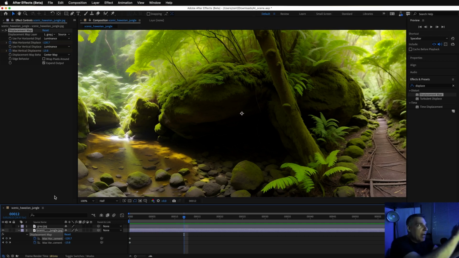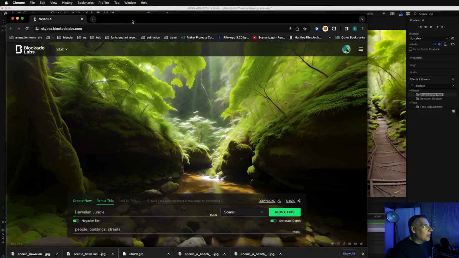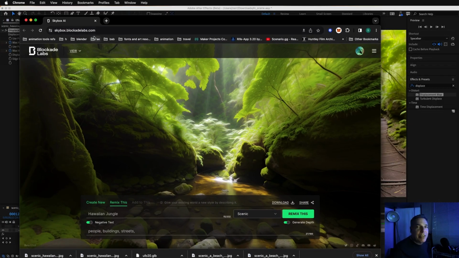And we can start to add other effects to this, whether it's a flying bird, falling leaves, some God rays. This is your background plate that was made through the use of AI to give this scene depth. And so you have a lot more control and a lot more fun in After Effects. Hope you enjoyed this fusion of AI thanks to Skybox, blockades.com, and After Effects, and using the displacement map to